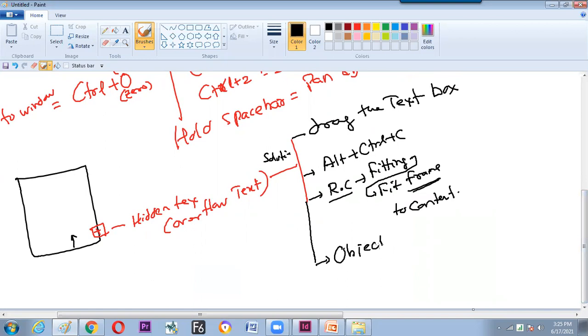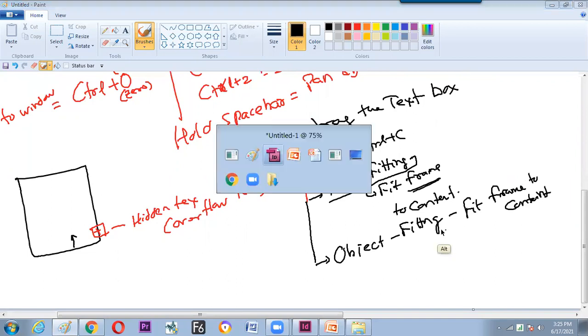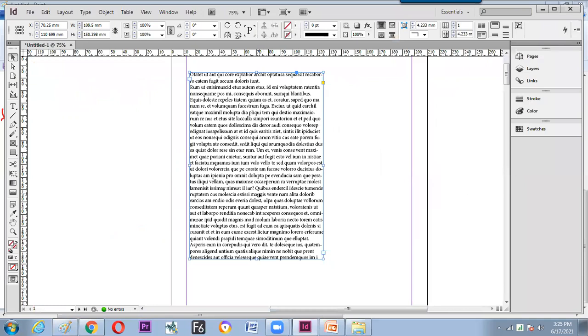Object, fitting, and fit frame to content. Is it done? So only one option we have done. Just typing, overflow text handling.